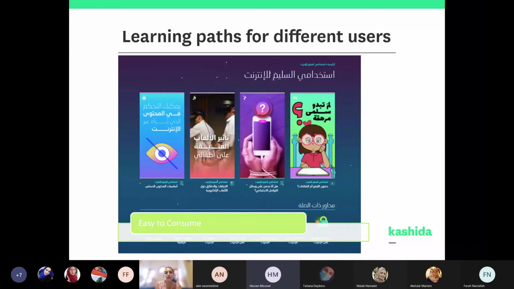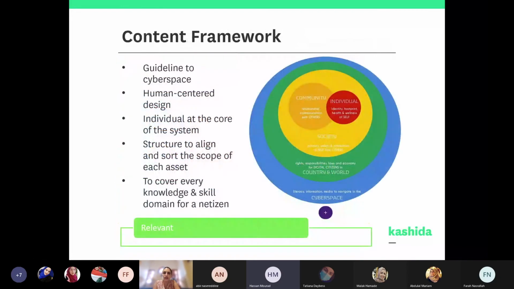The third item is an article right now, but also will be a video of an expert talking about تأثير الألعاب العنيفة على الأطفال. And then we have the caregivers, التحكم بالمحتوى الذي نراه عبر الإنترنت. So the idea is once they click on this, they start consuming the content and the related content to it, because we have محاور ذات صلة and then محتوى ذات صلة as well for each of the content that we have. So this is the content framework.